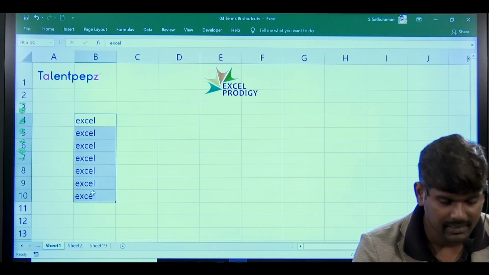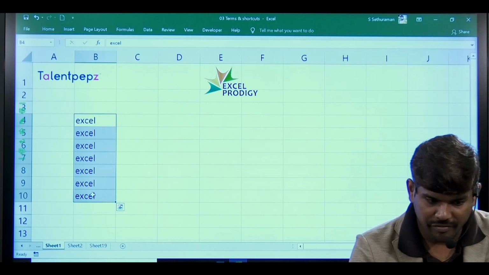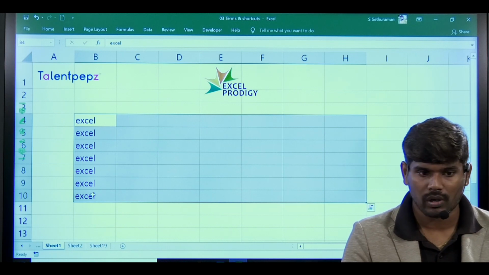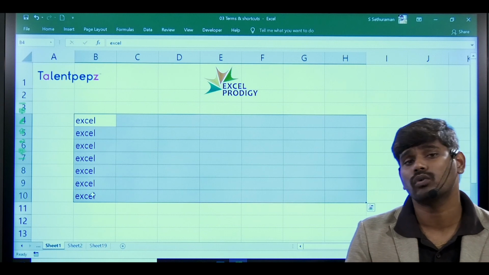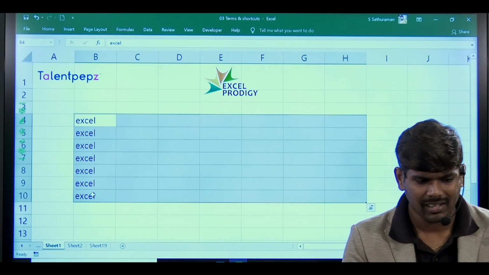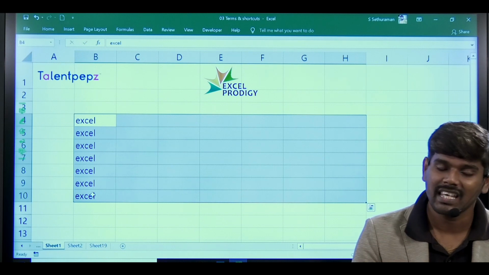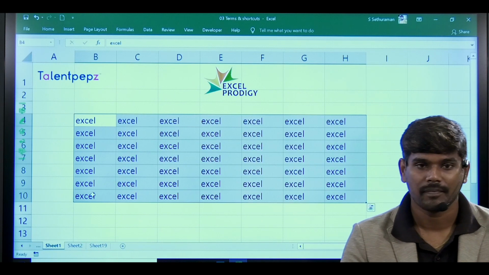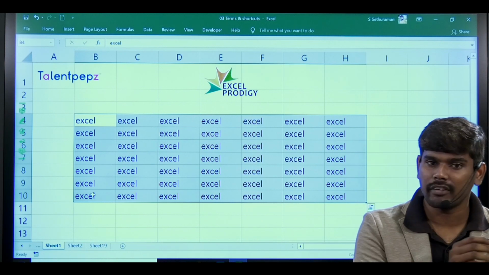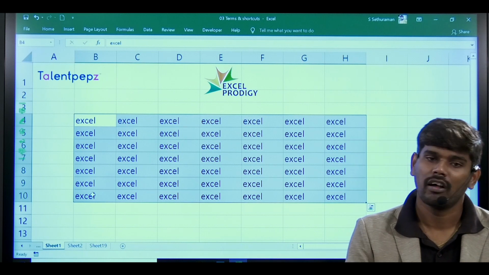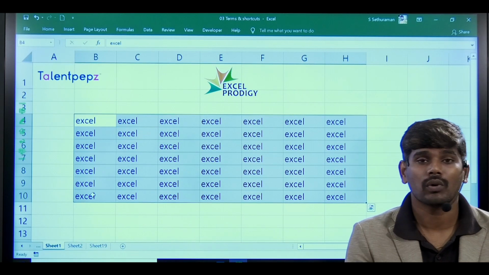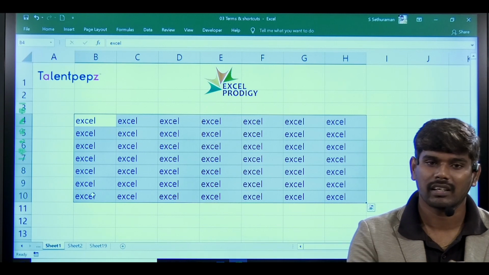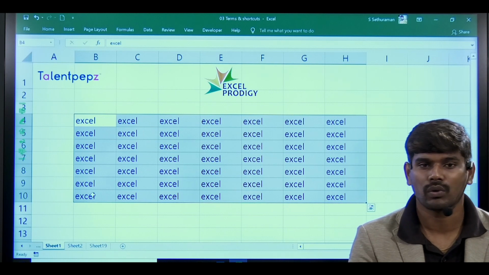Now I have this as the selected one. I am doing Shift and right arrows. What I did was Control D to fill down, right? Now I have selected some columns and I have to fill them. If I press Control D, it's not working. As I told you, D for down, and likewise R for right, Control R. In some cases, we have to fill one cell's formula in the horizontal direction. For that, we can use Control R, because for down, the vertical direction, we use Control D, and for the horizontal direction, we use Control R.